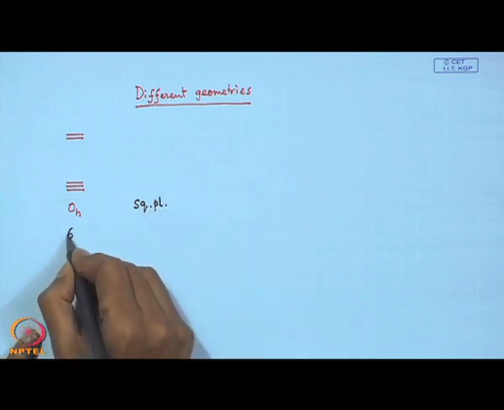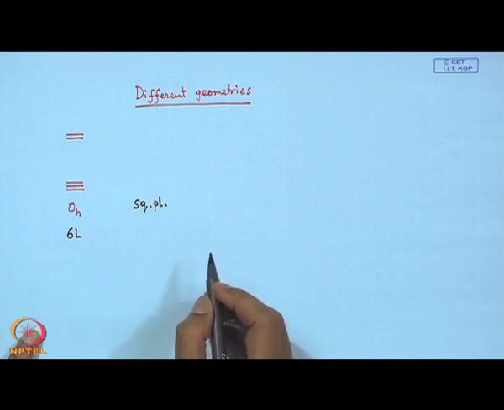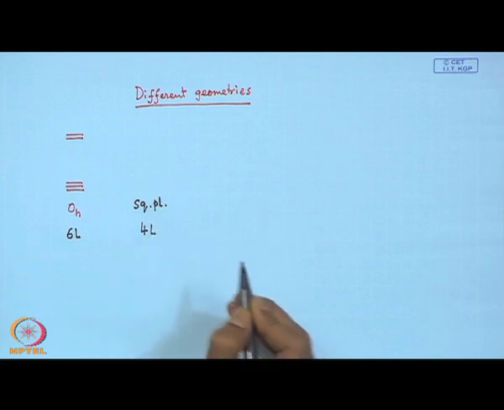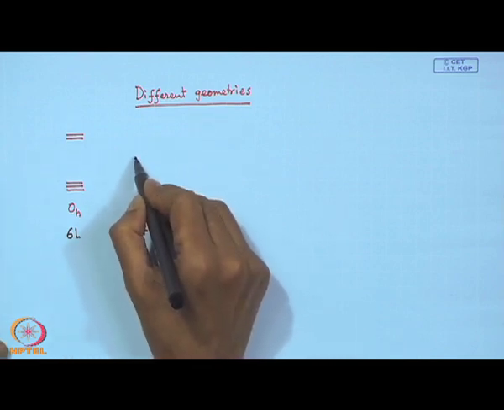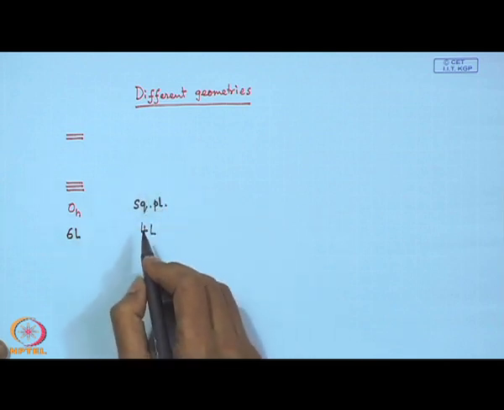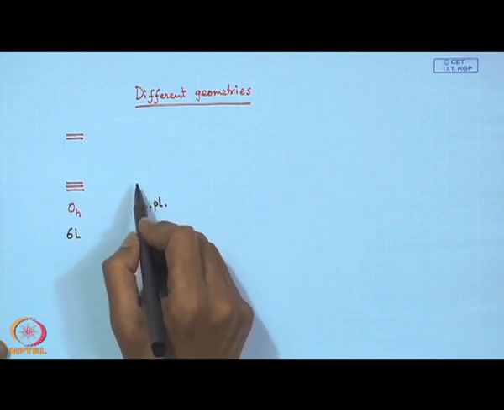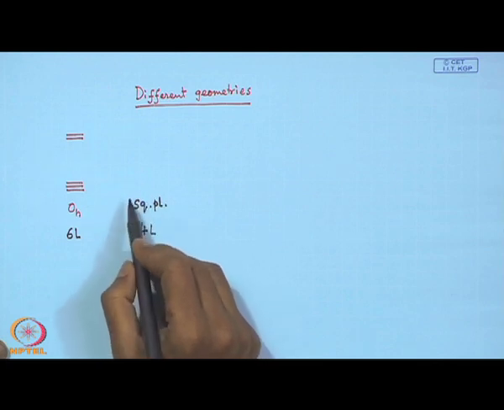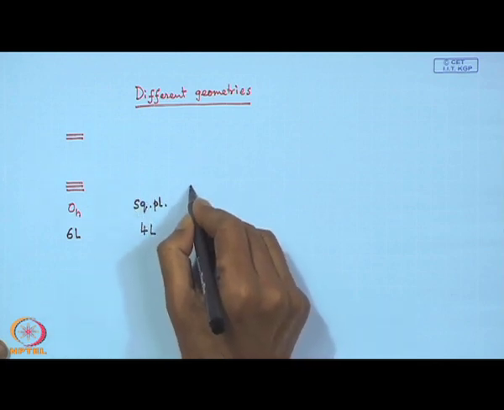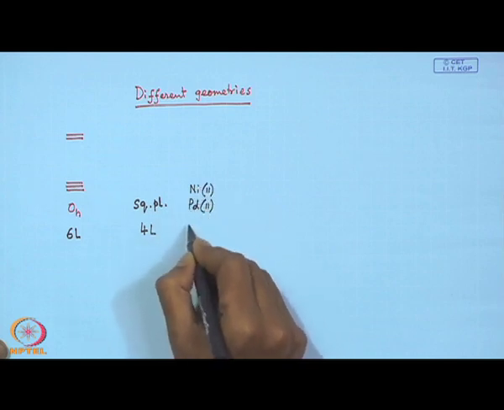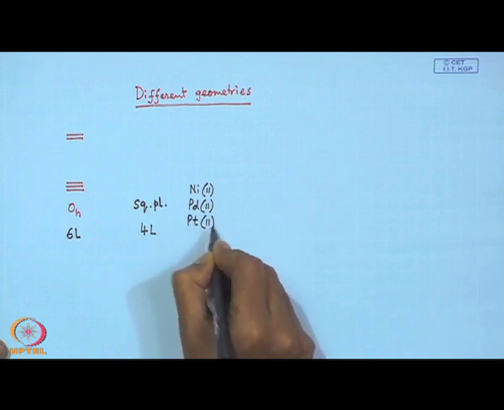we all know that this is obtained by putting 6 ligands around the metal center and this by putting 4 ligands around the metal center. And since the splitting is different, we can have different ordering of these orbitals, and these orbitals can take different types of electrons, and the properties of the corresponding complex, which is a square planar one, we have seen in case of nickel 2, palladium 2 and platinum 2.